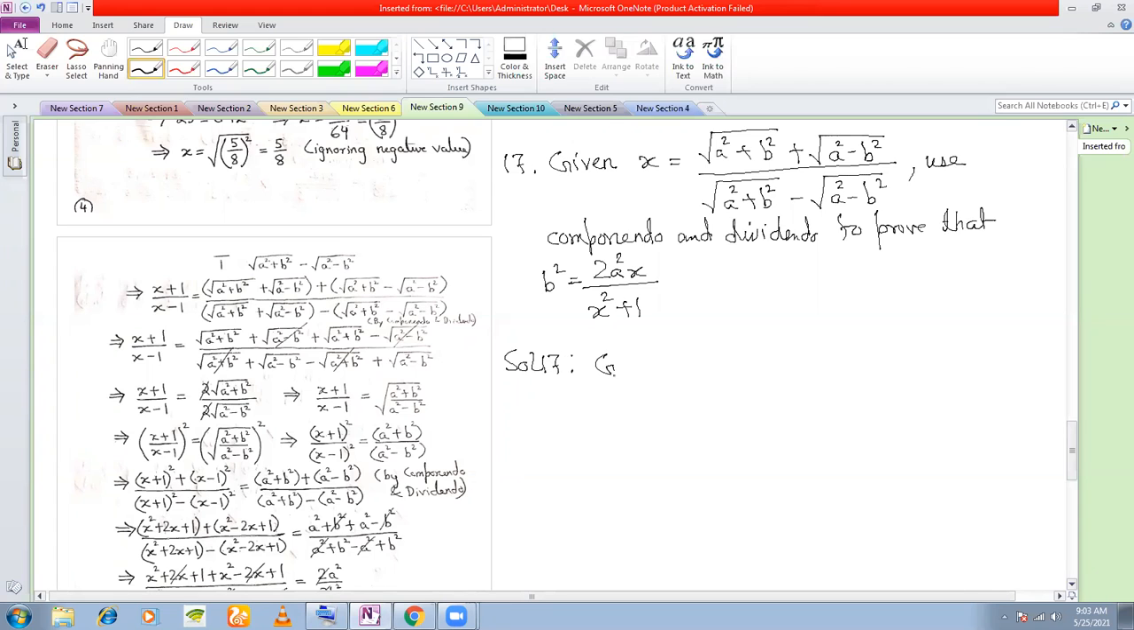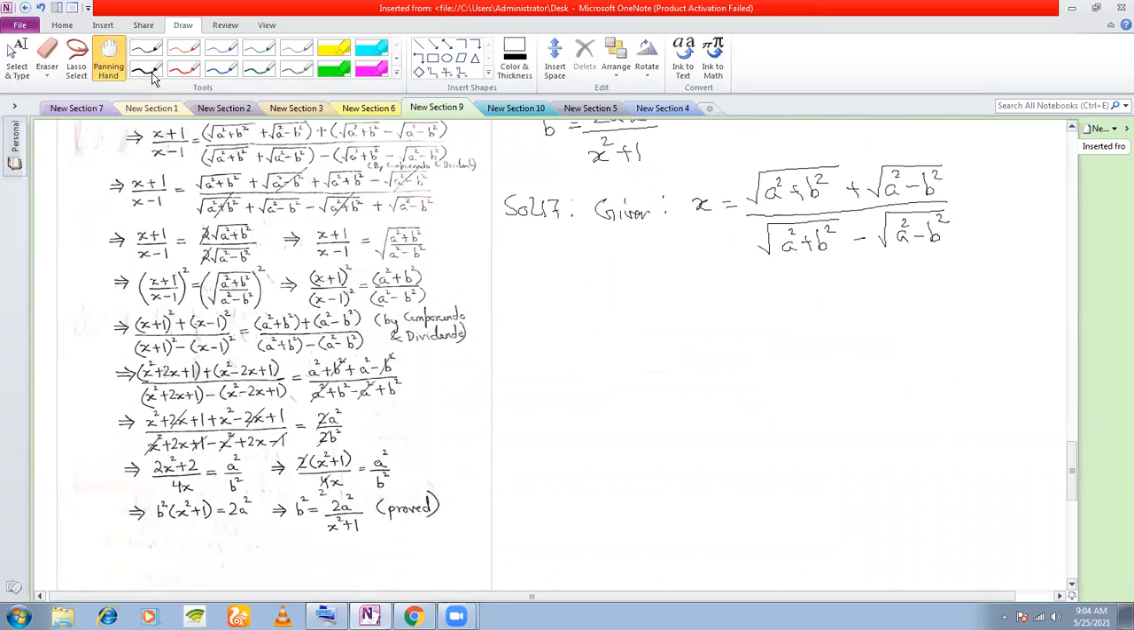We start with the given equation here. Given here is x is equal to square root a square plus b square plus square root a square minus b square divided by square root a square plus b square minus square root a square minus b square. Now we use componendo and dividendo. You have x by 1 here, so this will become x plus 1 divided by x minus 1 is equal to, and here